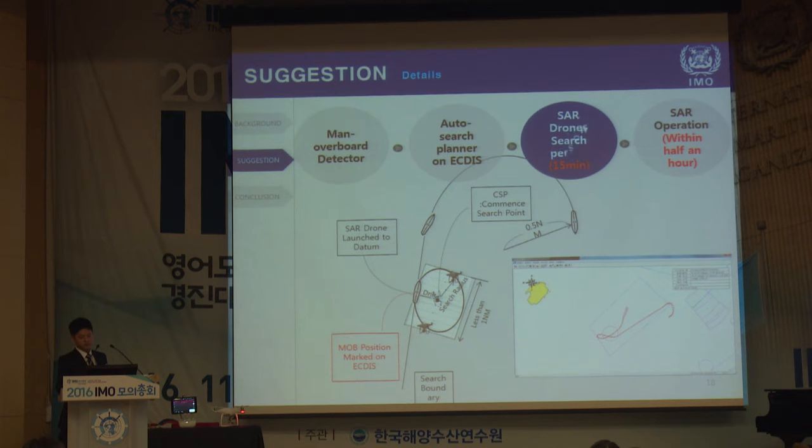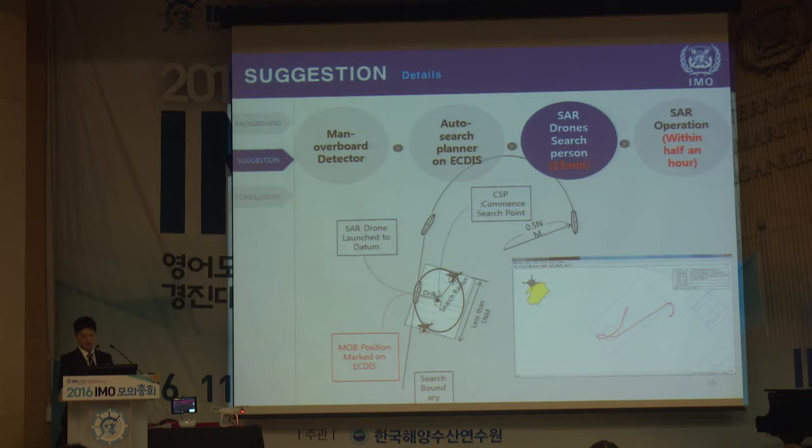Phase 3. Search and rescue drones search for the person. After these procedures are done, search and rescue drones will commence the search operation. If the rudder is hard over, like hard starboard or hard port, the rate of turn goes around 25 to 30 degrees per minute, which means it won't take more than 15 minutes to be back to the original position. And this is our target search time.